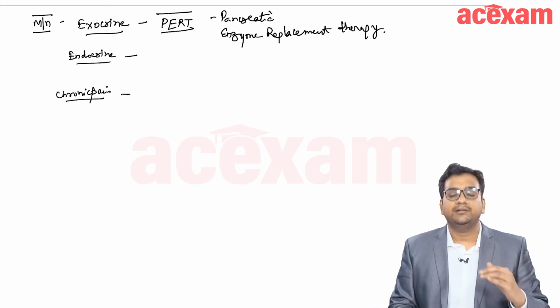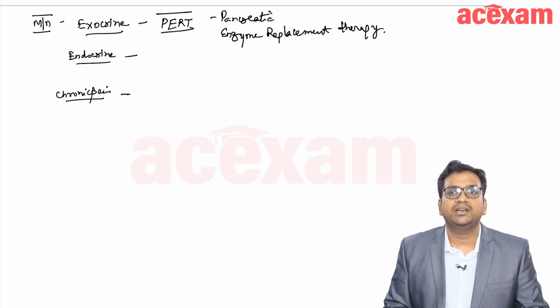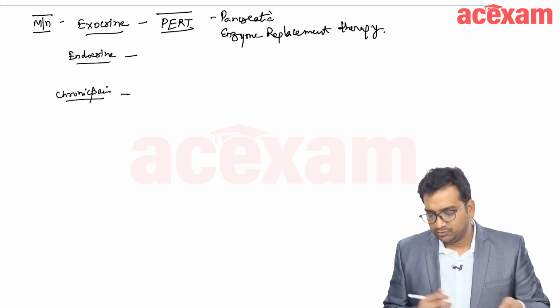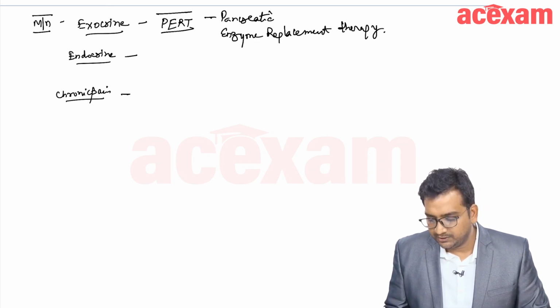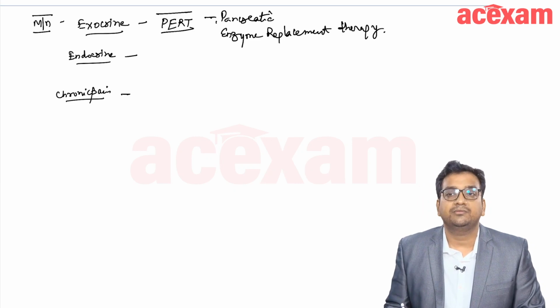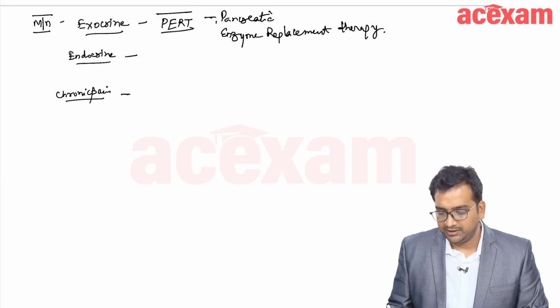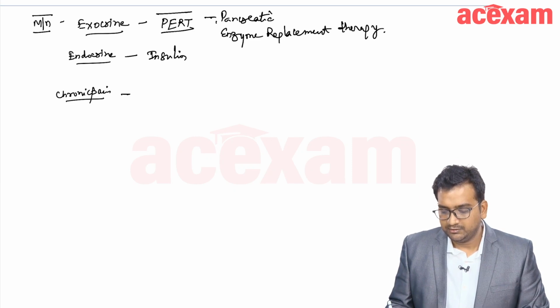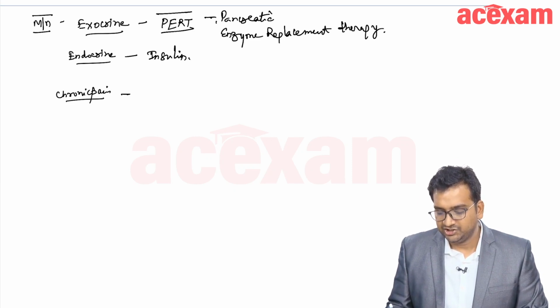Okay, and we will have to give the exocrine enzymes. Generally we give the trypsin and chymotrypsin enzymes, and for endocrine insufficiency we'll have to give insulin for diabetes,